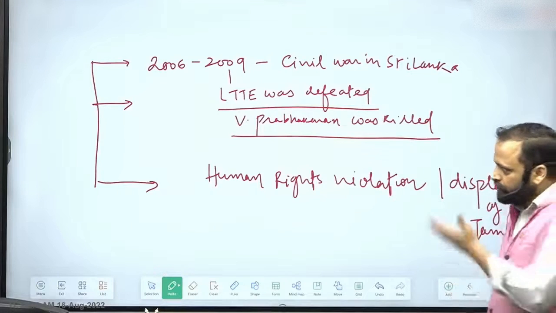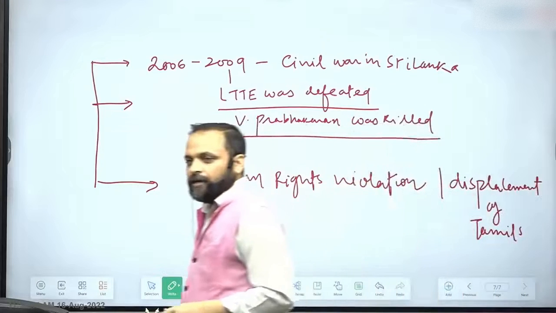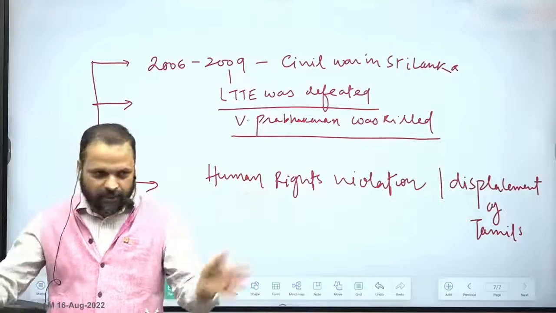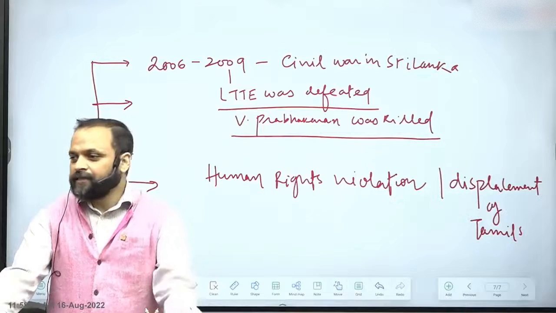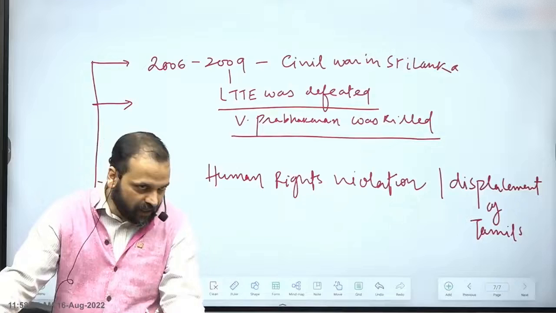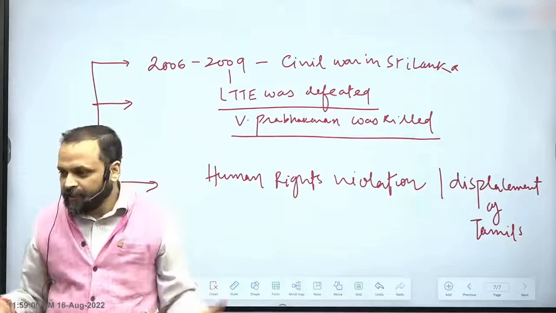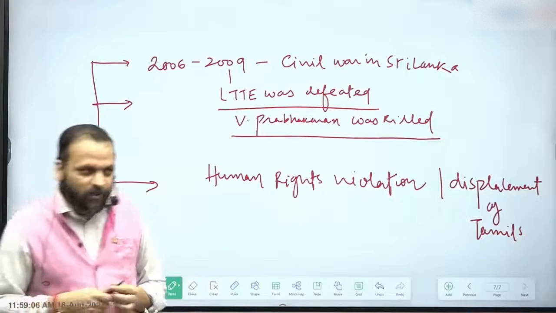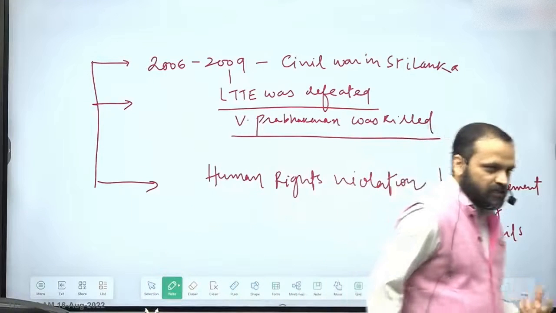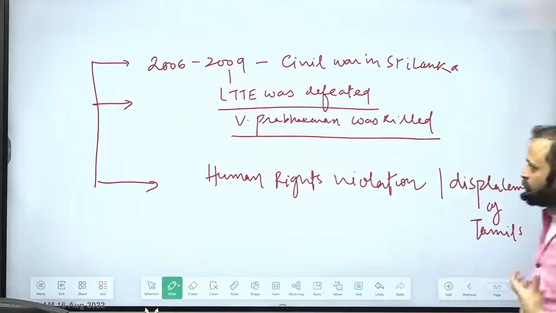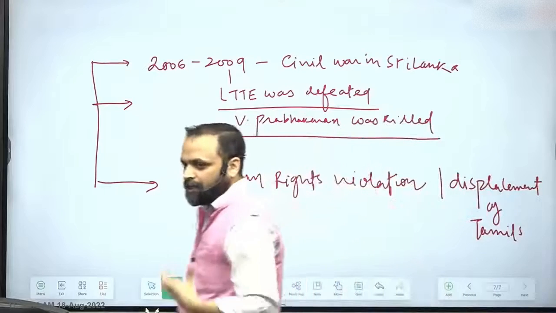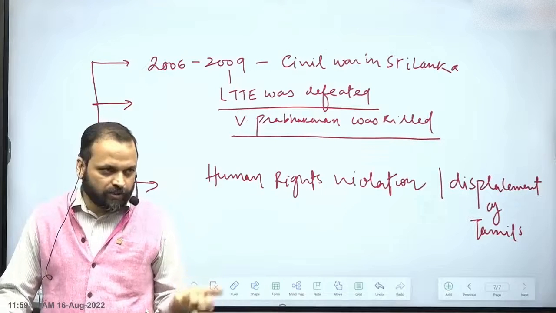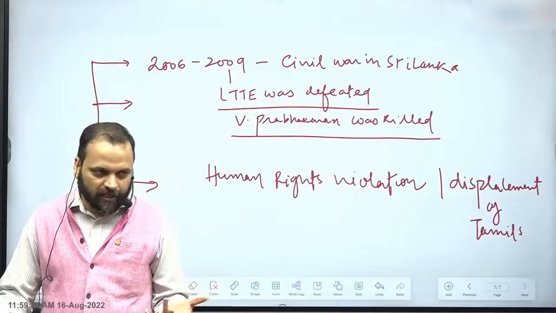So at that point in time, 2006, 2009, the UPA is in power and the DMK is an important part of the coalition. So you would see at that point in time, the leader of the DMK, Mr. Karunanidhi, sat on a hunger strike, a brief hunger strike, demanding action against Sri Lanka. So again, the Indian government faces the issue of how to respond. There is a domestic demand and there is also concern for relations with Sri Lanka, right? So thereby what you would see is, while India did not oppose Sri Lanka's action against the LTTE, because the LTTE was a terrorist group for India, which posed a threat to the security of Sri Lanka.